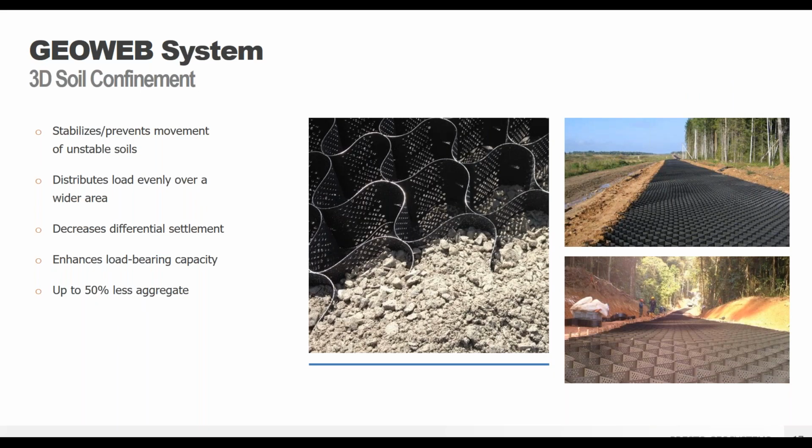And so the purpose of the GeoWeb system is really quite simple. It's to stabilize the movement of unstable soils, both horizontally and vertically. So the weaker the subgrade conditions, the more practical the insertion of the GeoWeb system is into your design. So it's an engineered system integrating multiple types of geosynthetics with the best method of confinement and subgrade stress reduction in the industry. And I do just kind of want to point out, today's discussion is going to focus on the GeoWeb system for load support applications.